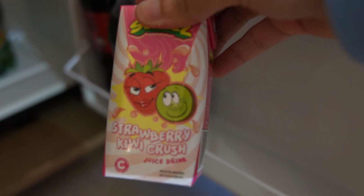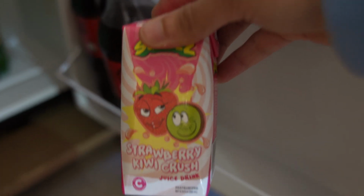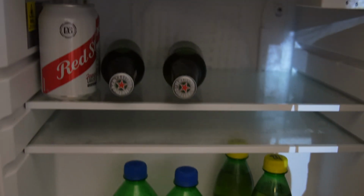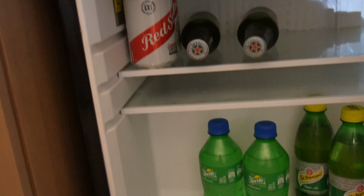These like, what is it called? Like fruit juice, I guess. Strawberry kiwi. Very cute for kids. I mean, not even for kids. I will drink that. Ginger ale, Sprite, and some beer. And ready for the finale. Ready? We have